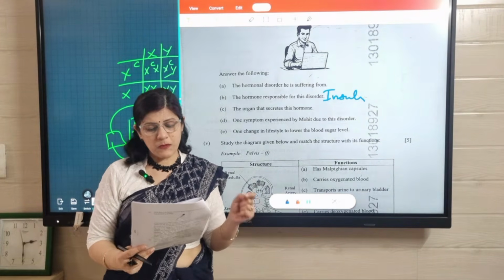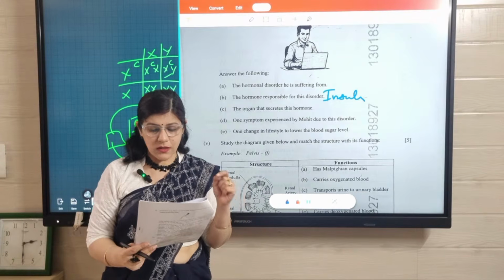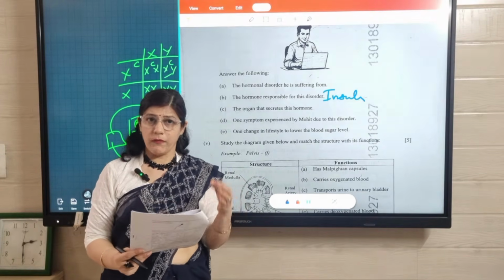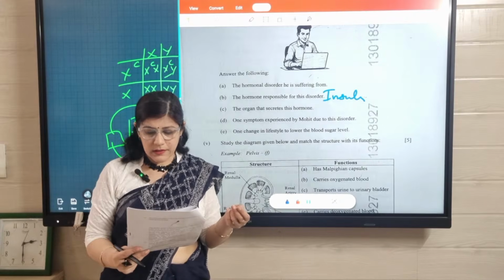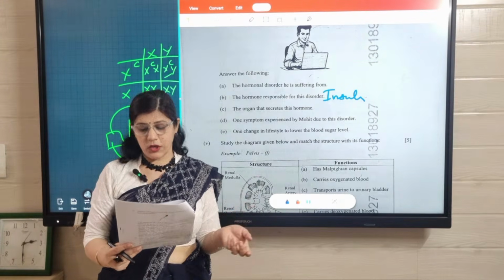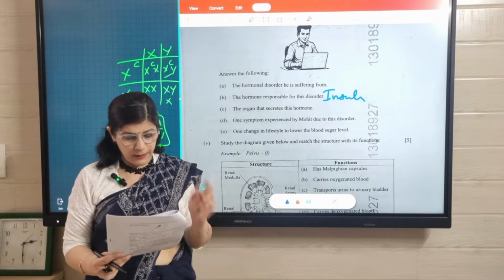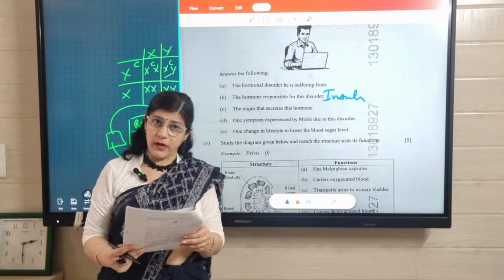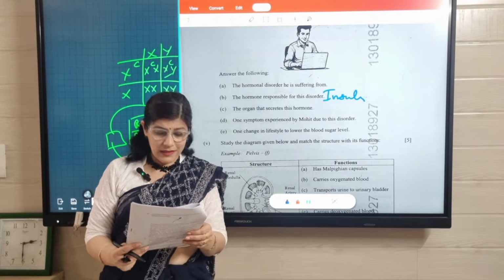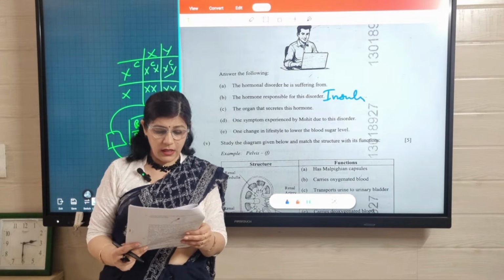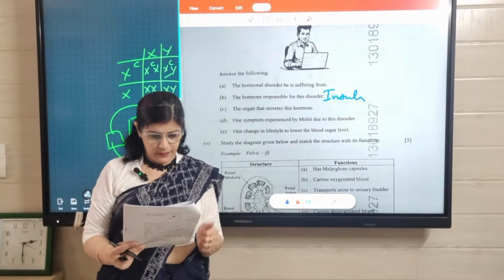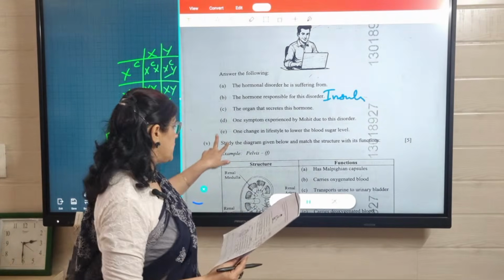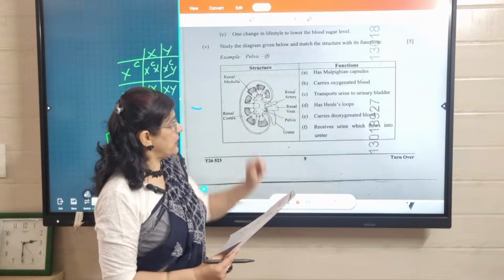One symptom experienced by Mohit due to this disorder. क्या symptoms होंगे? Frequent urination, feel thirsty, loss in weight या फिर high concentration of glucose sugar in urine. One change in lifestyle to lower the blood sugar level is regular exercise and balanced diet which is having high protein and less carbohydrates. नेक्स्ट इज फिफ्थ पार्ट जिसमें यू हैव टू गिव द स्ट्रक्चर एंड फंक्शंस गिवन है, आपको